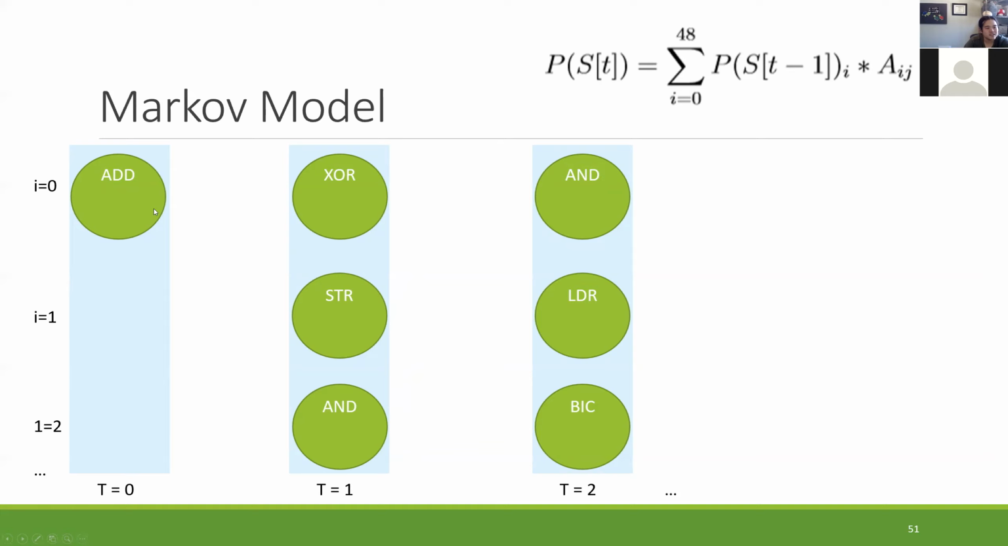What's the probability that add goes to XOR, add goes to store? What's the probability that add goes to AND at time equals 1? What's the probability XOR goes to AND from here to here? What's the probability XOR goes to load, XOR goes to BIC? What is that probability? And if you build a model with those probabilities, you can use it